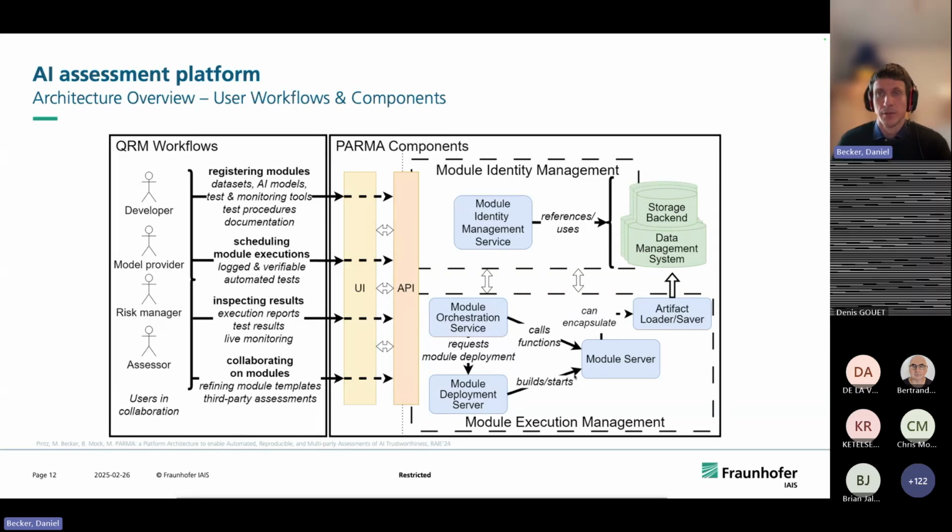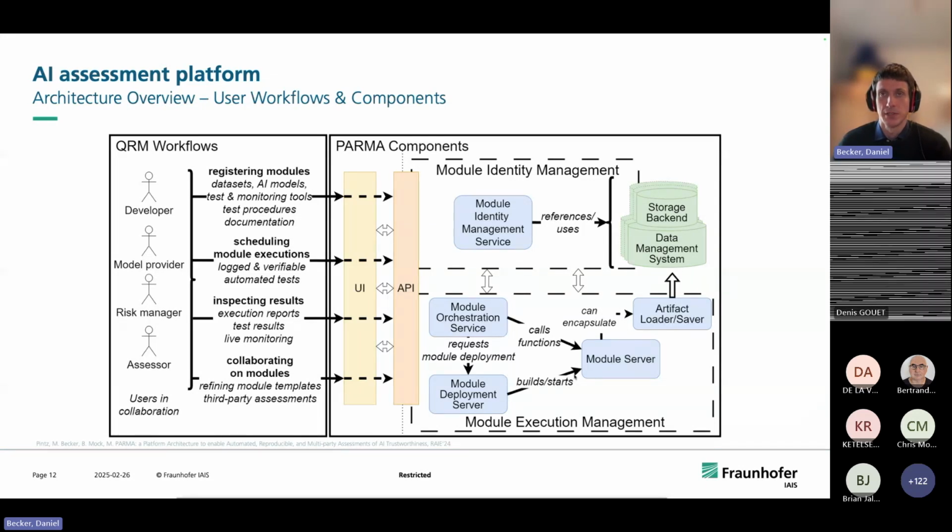And on the bottom, you see everything in the context of how we can manage the execution of modules. First of all, we think there should be some kind of module deployment server that builds the modules and starts them.